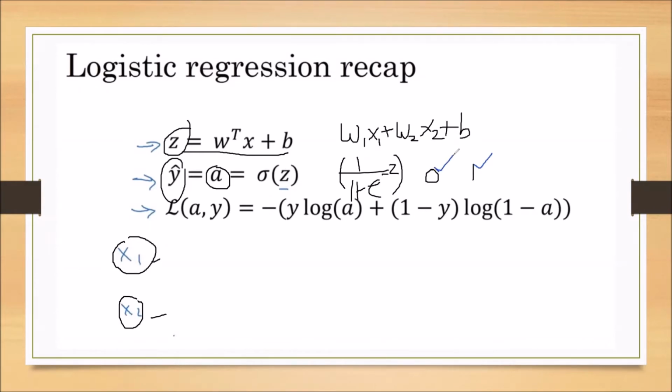So we have chosen the function in such a way that whenever we give any input features x1 and x2, and by selection of proper parameters w1, w2 and b, we can obtain z. If I substitute z in this logistic function, I get a value between 0 and 1. If the value is near to 1, then we predict it is yes. If the value is 0, we predict it is no.